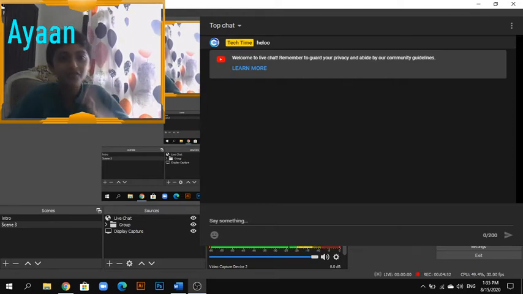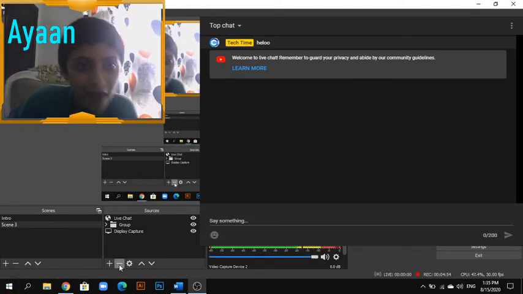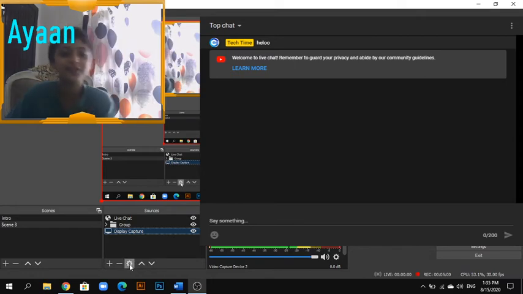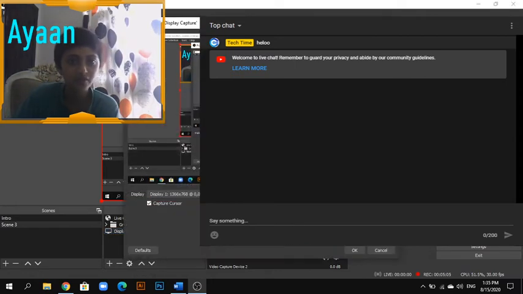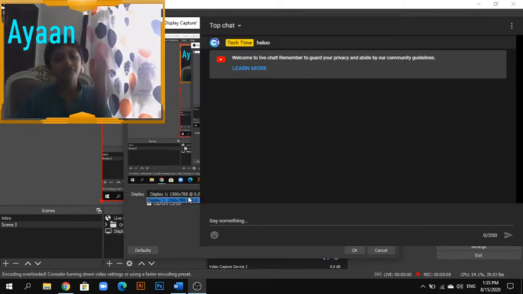But before you start streaming, we have to adjust our game capture or display capture, window capture, whatever you use. First of all, click on your display capture, game capture or window capture. And now there is a display one. I have only one monitor, so you can choose your monitor.